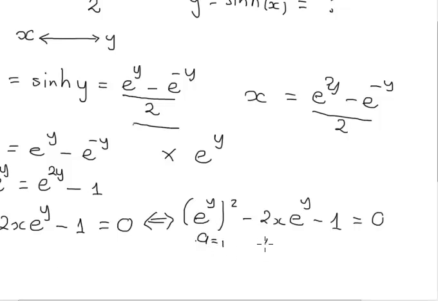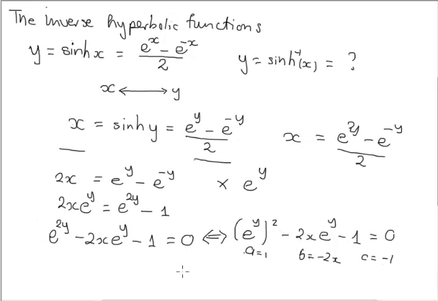Your B is equal to minus 2x, because our unknown here is e^y. You do want to find e^y. Then our C is equal to minus 1. So you apply that formula, which says x, which is our e^y, is equal to minus B,